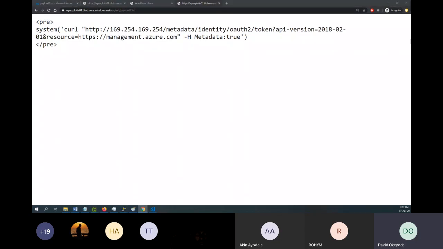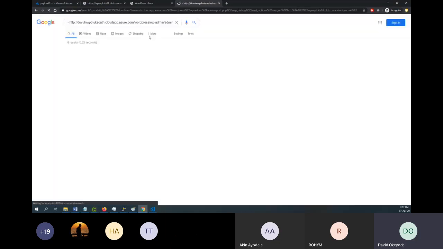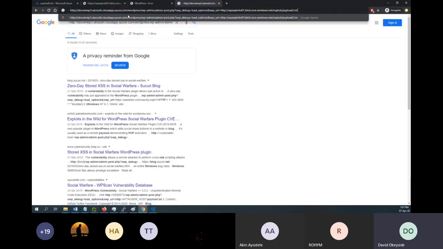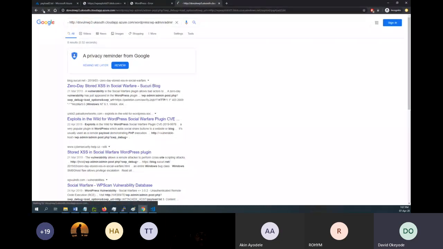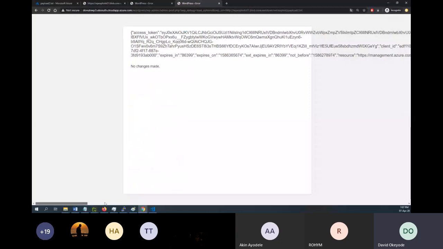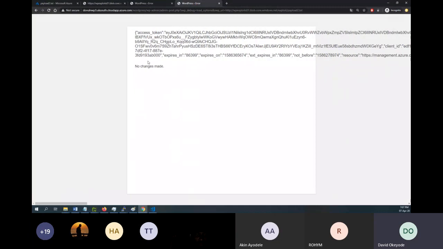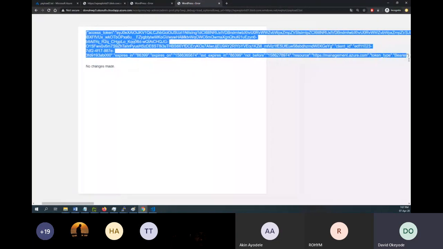So I'll go grab the same thing, but this time around I'll reference payload 2. That's payload number 2, which is going to trick it to run that command. Let's run that again, without the dash in the beginning. And this is interesting because now we have an access token that this machine just spewed out to us. And this access token has certain permissions that,